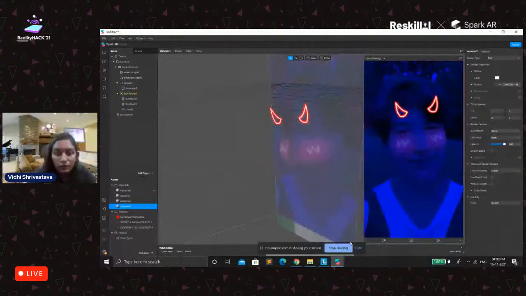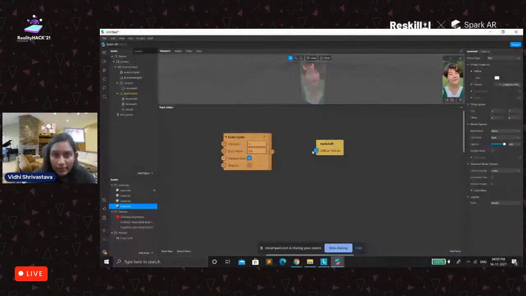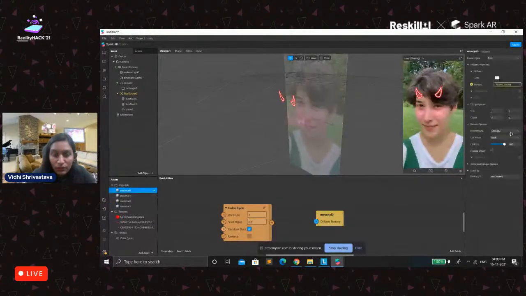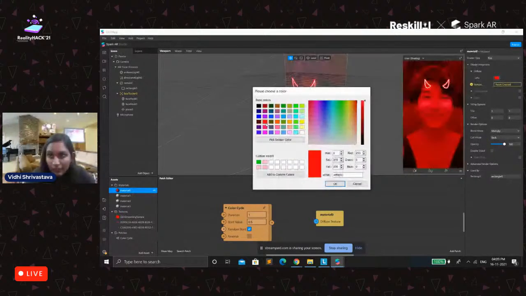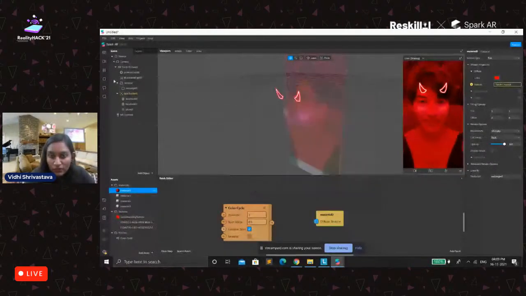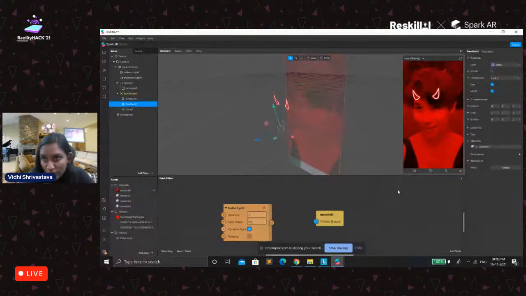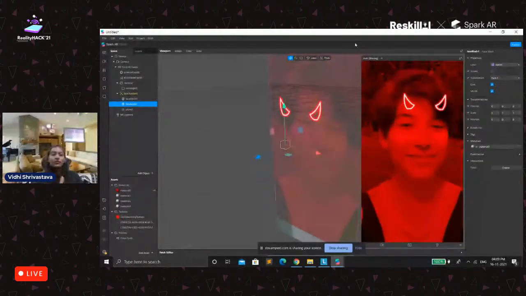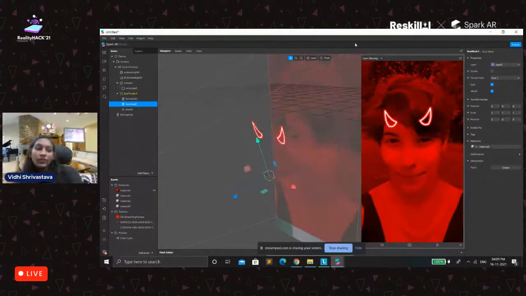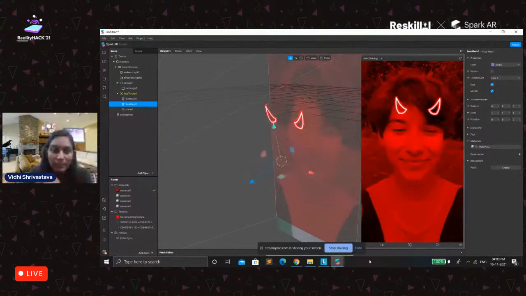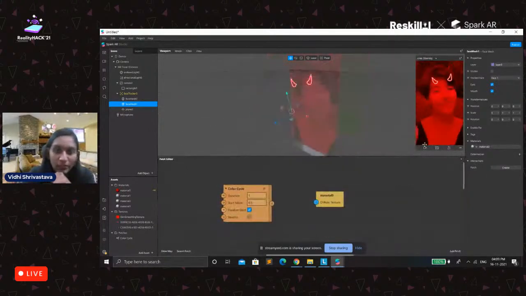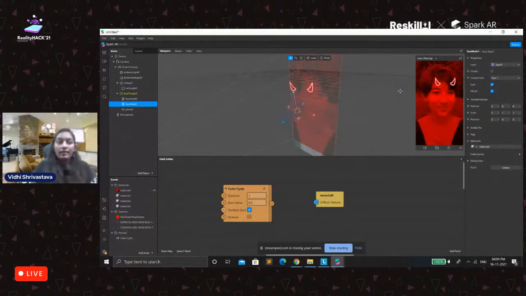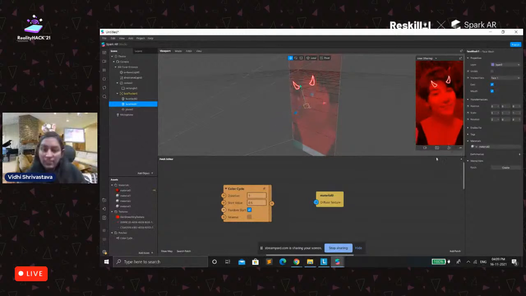And if you don't want this lighting, you will just remove it, and you can go with just the red one. Go to the material and let me add red light. And if you don't want this plane also, that's okay. So this is quite easy and simple, how we make it just by using a rectangle and a face mesh with a plane. This is the basic thing that we usually see, and it becomes so easy to make filters like this. And if we make use of different templates, then all that too we can do.